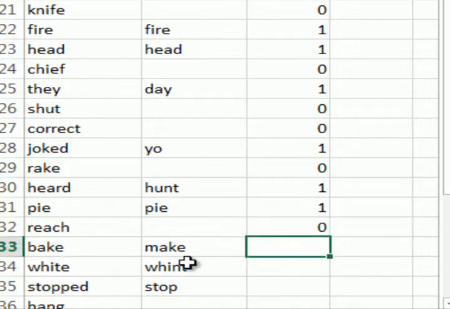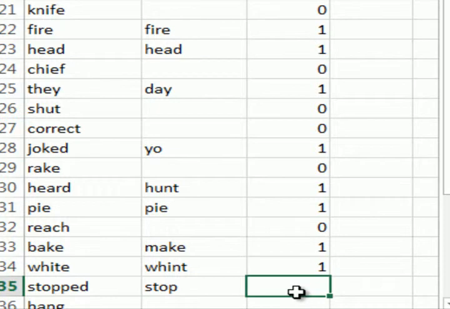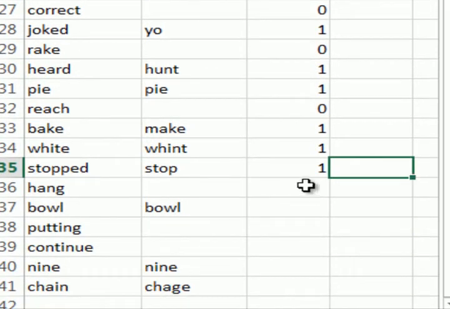Make for bake, counted as analyzable. WHINT for WHITE, very close, analyzable. Stop for stopped, analyzable. So you can see that I've gone through this sample, and I would continue for the